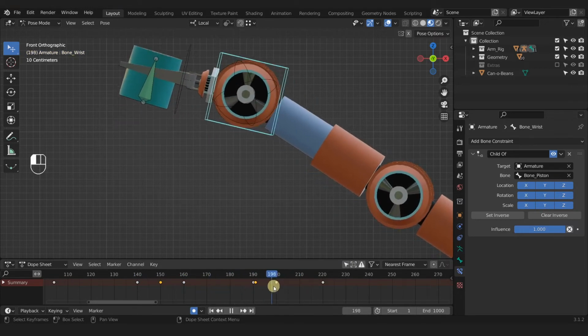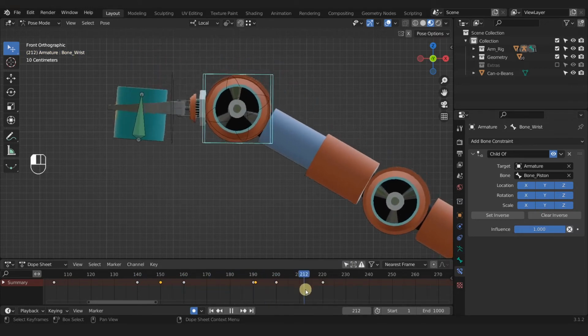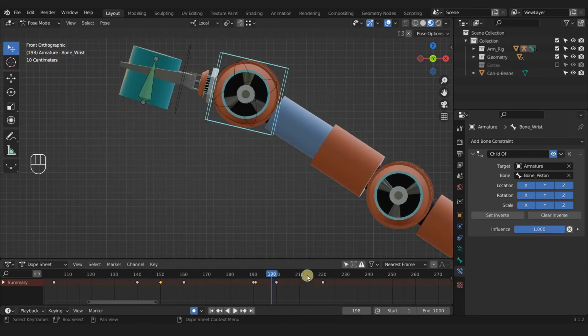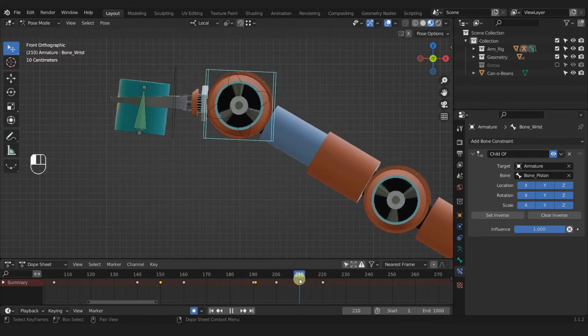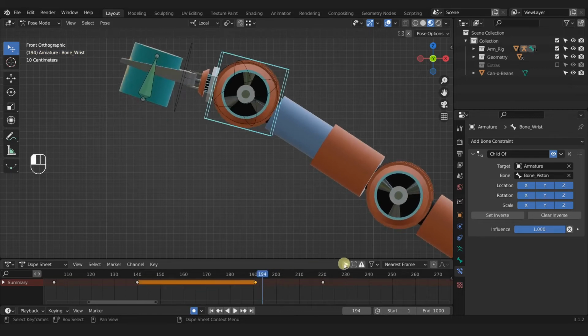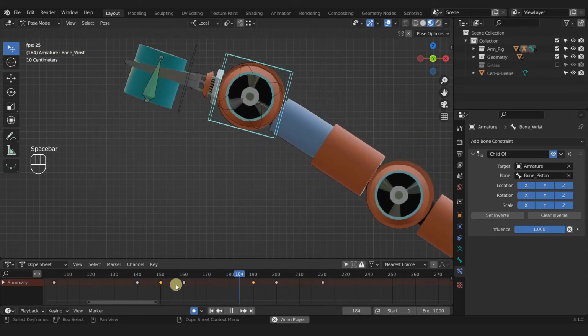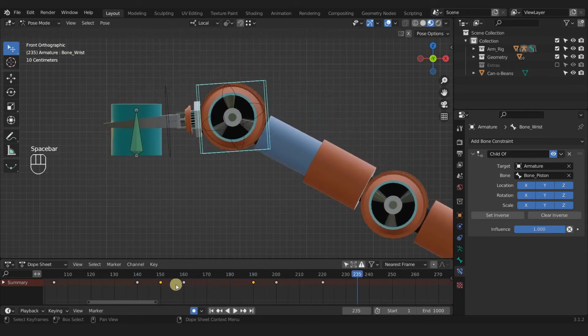So we clear it, and then, yeah, actually right about where it is right now. So where is that? Right there on 190. Yeah, okay. So then we will just take this one and pull it to 190. So let's see what that looks like. Yes. Okay, perfect. Except for the rotation